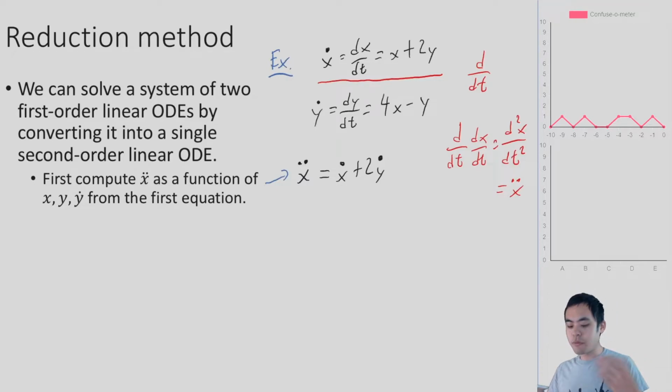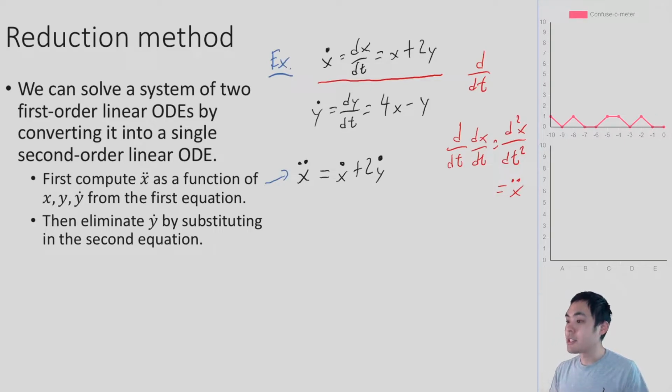So we convert this, we take the derivative and we get a second order linear ODE. But now this isn't so helpful, right? Because we still have this y component. So the next thing we have to do is, let's get rid of the y dot. So the next thing we're going to do is eliminate y dot by substituting into the